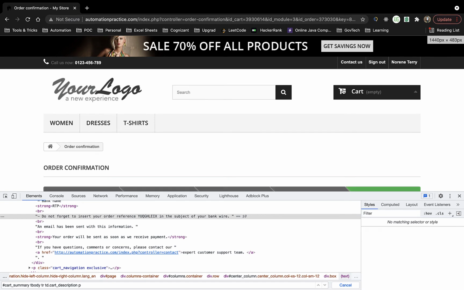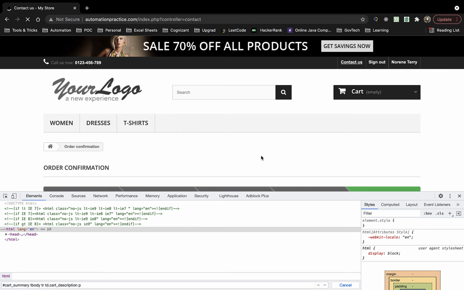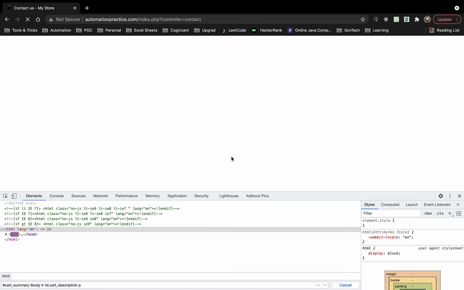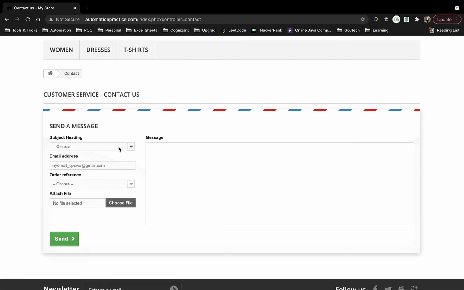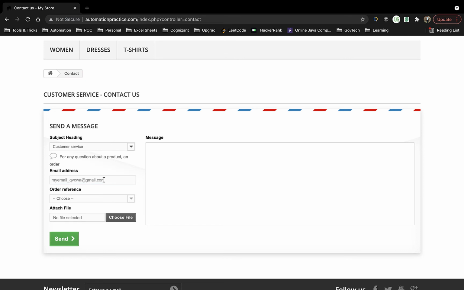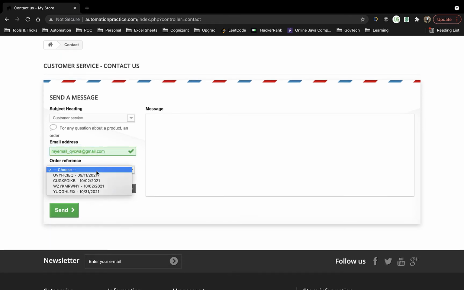Okay, so in here what we need to do is go to contact us. Once we are on the contact us page, in here you need to select customer service. Then we need to validate this email address, whatever email address we have saved in the global variable. We need to validate whether this email address or username is correct or not. Then after that, the reference number, just now whatever we purchased, whether that reference number is present over here